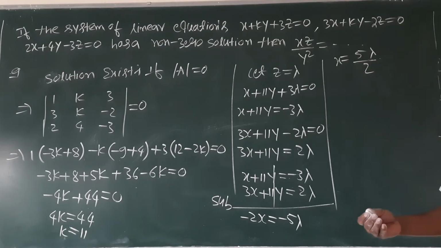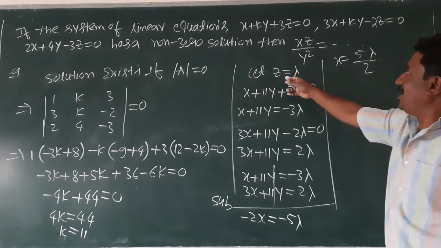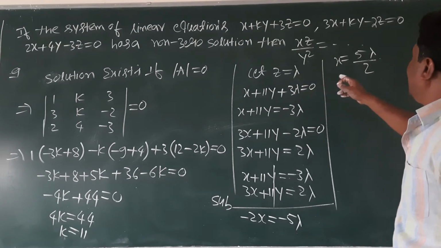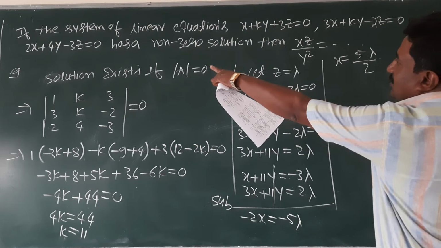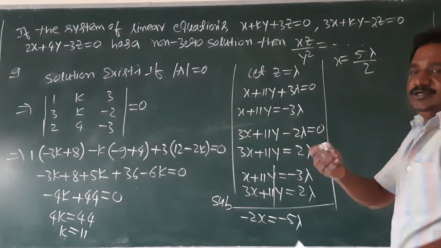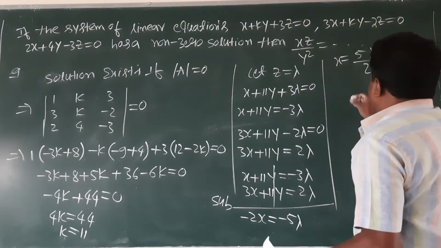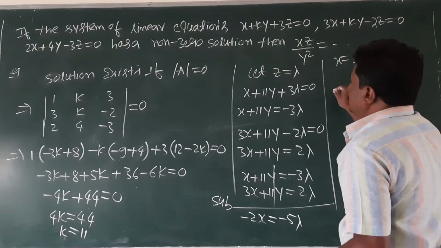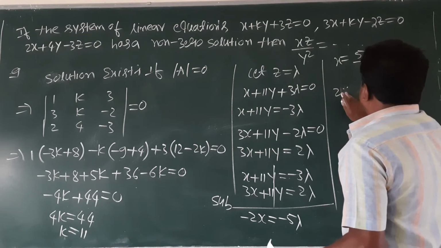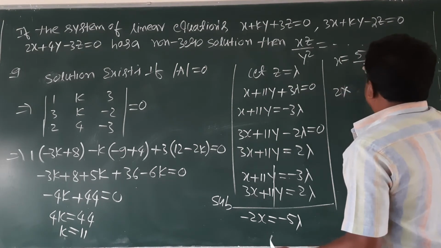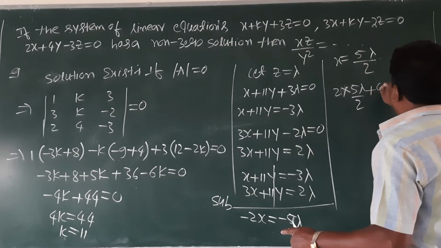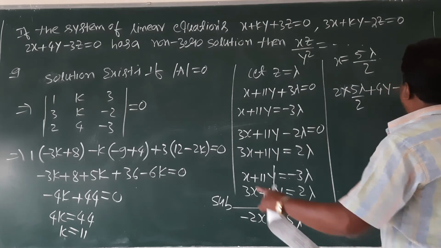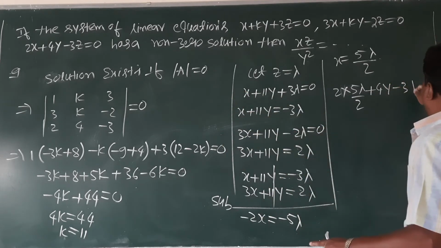It is enough if I find the y value, since I already have the z value. You find y. I can find y easily using the third equation. You can use any of your own equations. 2x, so 2 into x, which is 5 lambda by 2, plus 4y minus 3 into z, which is lambda,